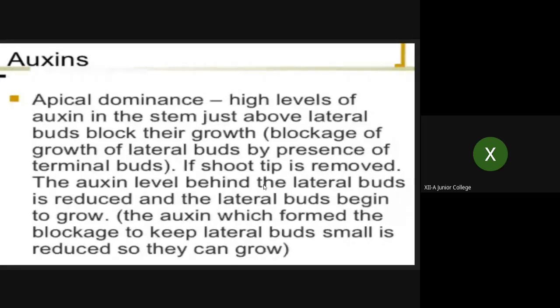Now, a very common example, try to understand apical dominance. Dominance means their influence over there in the apical region. When auxin is produced over there, the dominance is there. So the buds which are in the apical region will be flowering, will be showing proper growth. But below that apical region, whatever the axillary buds are present, they will not show proper growth, and that is what is called apical dominance. Because of the influence of the apical region, it suppresses the growth of the buds growing on the lateral part. I'll show you with the help of this diagram.